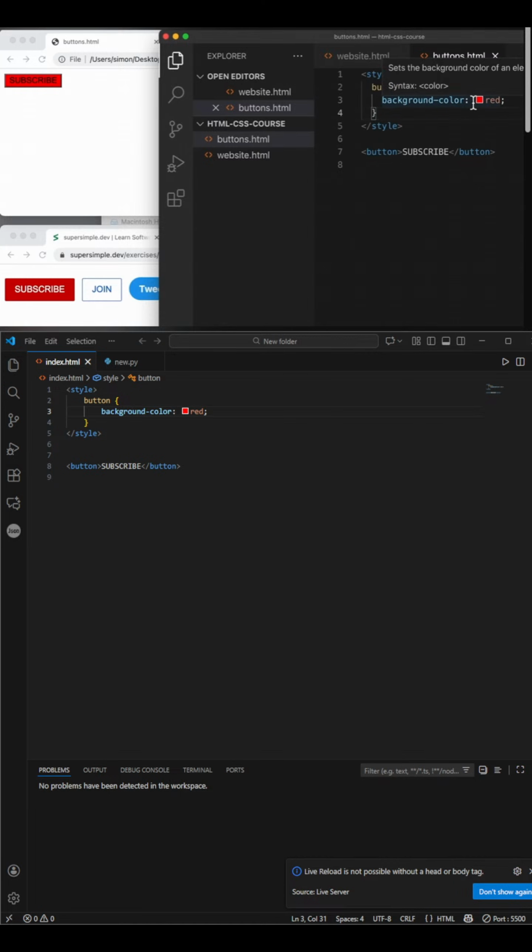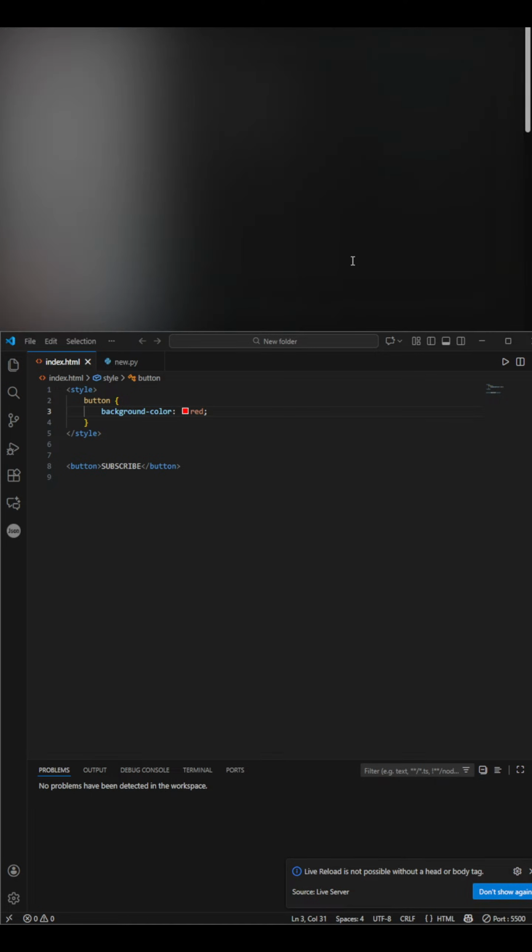The colon is here to just separate the property and the value, and the semicolon here is just like a period in English. In English, you end sentences with a period. In CSS, you end a style with a semicolon. So that's what all of this syntax means. So we can actually add multiple styles inside these brackets. So let's go